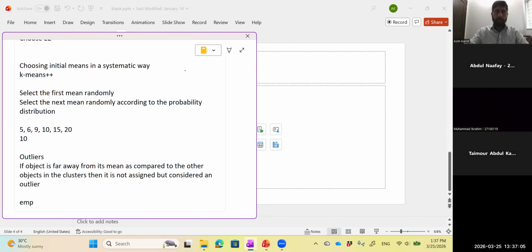What about empty clusters? सो एम्प्टी क्लस्टर का मसला क्या था, कोई आपके पास मीन था, उस मीन को कोई भी ऑब्जेक्ट असाइन ना हो सका इन सम आइट्रेशन। इसका मतलब है कि दैट वाज एन एम्प्टी क्लस्टर, मीनिंग आपके पास लेट्स से K5 था, तो उसके बाद आपके पास एक्चुअली K4 रह गए, एक क्लस्टर में कोई पॉइंट आया ही नहीं। तो उसका सिंपल तरीका एक तो ये है कि यू चेक फॉर दैट इन ईच आइट्रेशन, एंड देन if you find there is a mean to which an object is not clustered, then you simply choose another mean and do the clustering again।